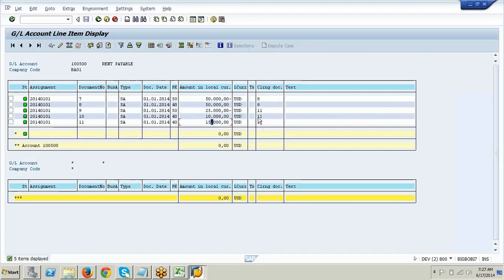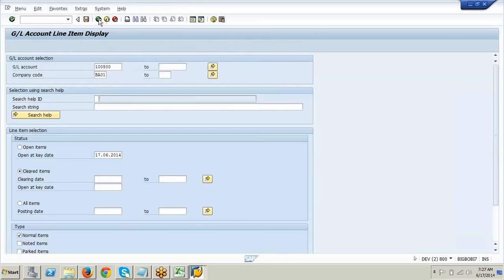If this clearing document number is not there, how will you understand which invoice it belongs to? So when I am clearing my 25,000, in case of a partial payment, it has given a single clearing document number.